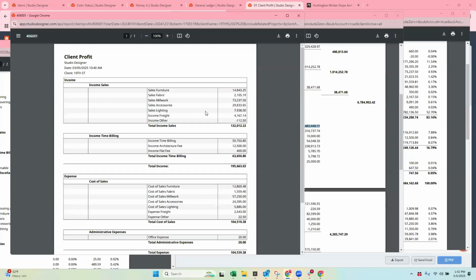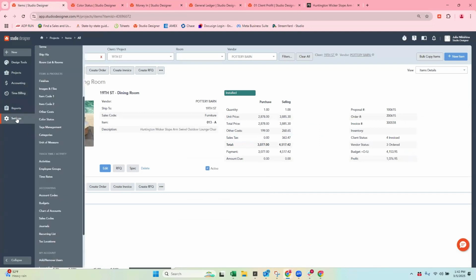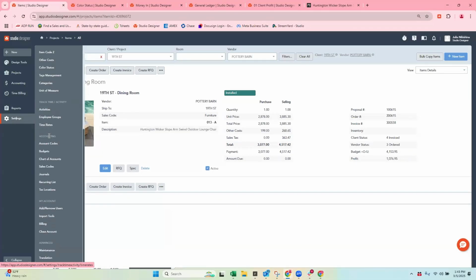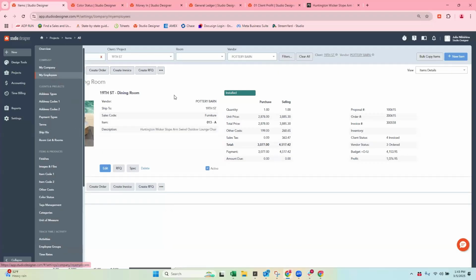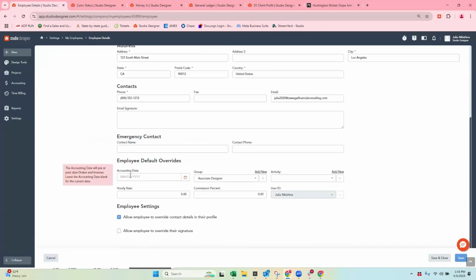Actually, before we go to the project worksheet profit, let's look at an example, still the same client and still that same item. I'm going to say to myself, you know what? I completely forgot there's an additional freight charge. Let's pretend the 199 was inaccurate. And actually, let's go back and change our date again. It was inaccurate, and the vendor came back and I had to pay more freight. I also decided to not pass along that freight to the client. We could argue that's not correct, but let's just pretend that's what we decided to do.